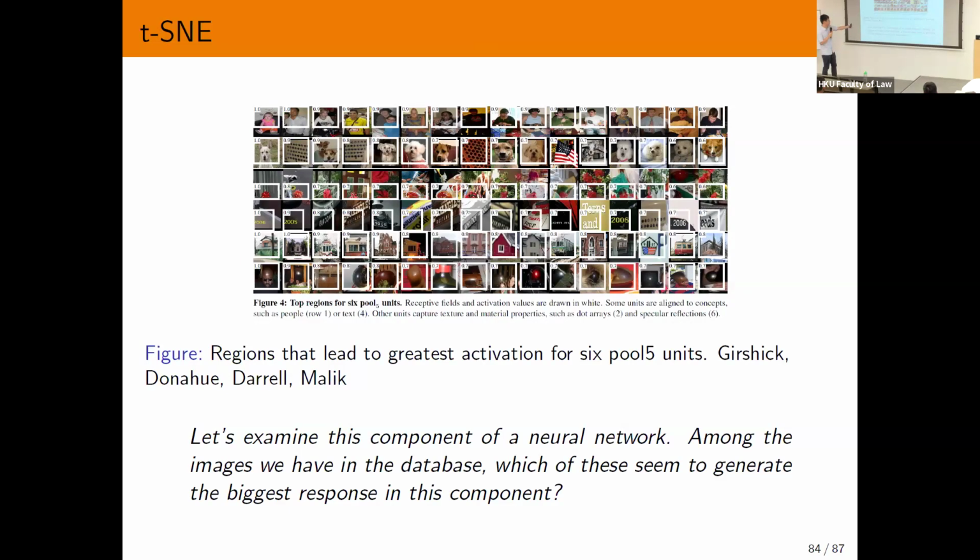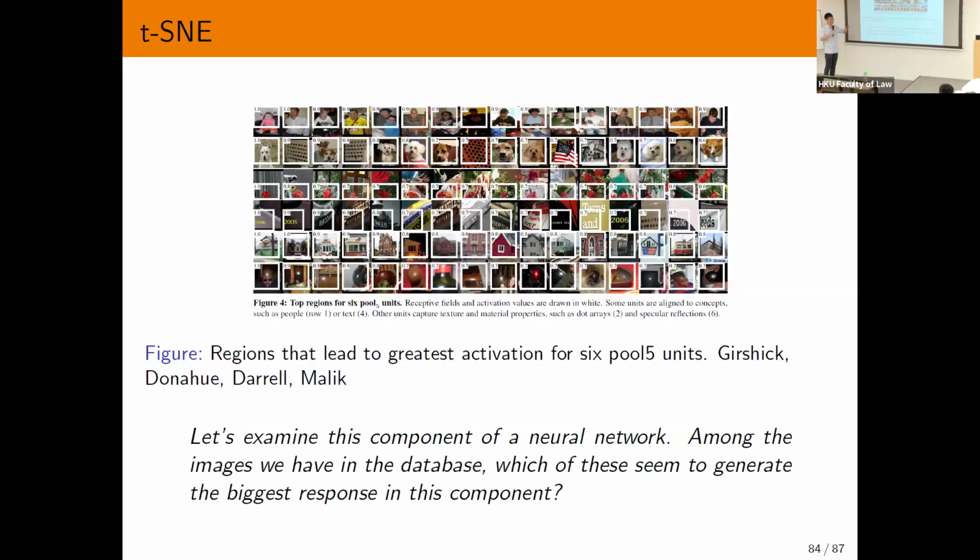Okay, a neural network is very complex. Let's take a part of a component inside it and put images through it, and then see which of these images generate the largest response, where a response is some value that's large. The idea here is to do things in an indirect way, instead of trying to understand